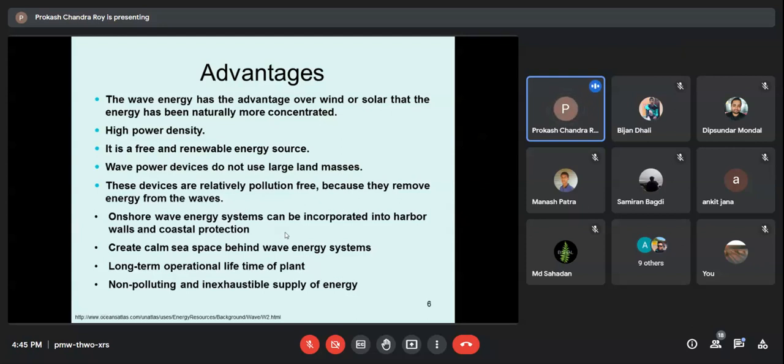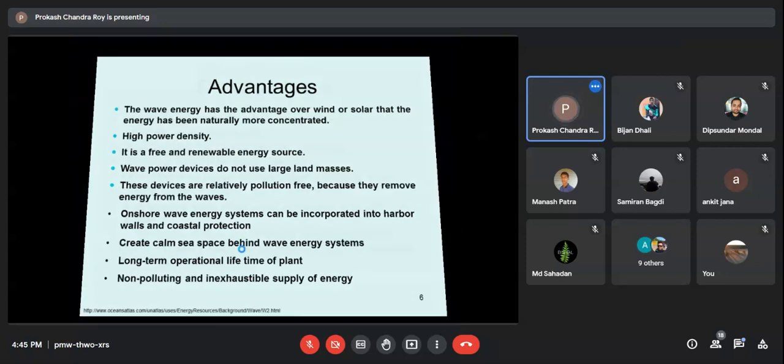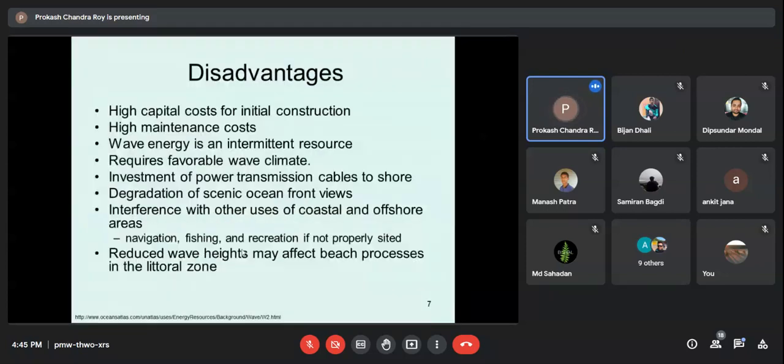So because we have the wave in a particular area, these are the typical advantages we have with the wave. But in some cases it will give you a lot of disadvantages. You should think about the energy, then think about the merits as well as demerits. So these are the demerits of this wave energy. You have the higher capital cost during the installation, high maintenance cost of the systems, and wave energy is